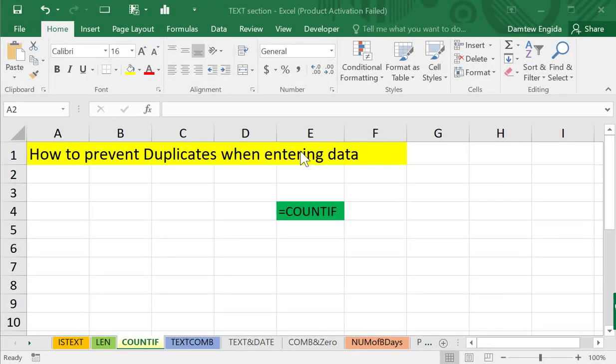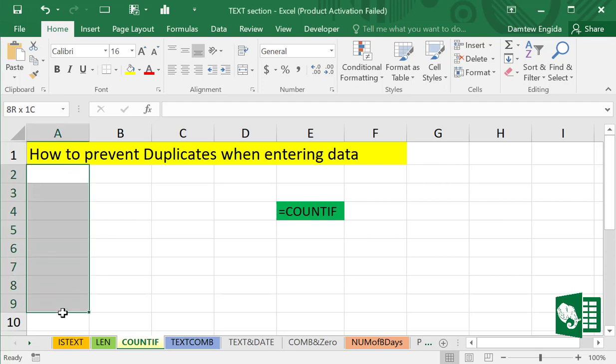How to prevent duplicates when entering data. We want to make sure it is impossible to enter duplicate values in this list, that is from A2 to A10. So to do that, first select the ranges you want to enter the validation, and then go to data